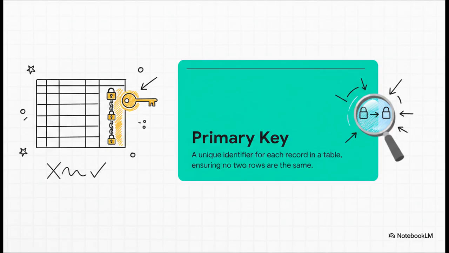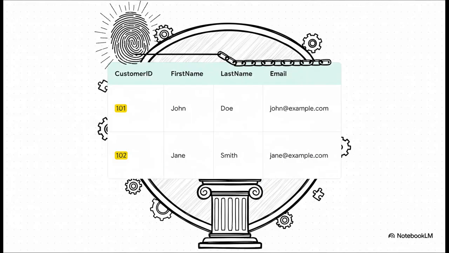Okay, but how do you keep things organized? To make sure every single row is unique, so you don't have duplicates messing everything up, each table has to have what's called a primary key. Look at that customer ID column. It's basically a unique fingerprint for each person. We could have another customer named Jane Smith, sure, but her customer ID would have to be different. This rule is like the absolute foundation for making sure your data is trustworthy.